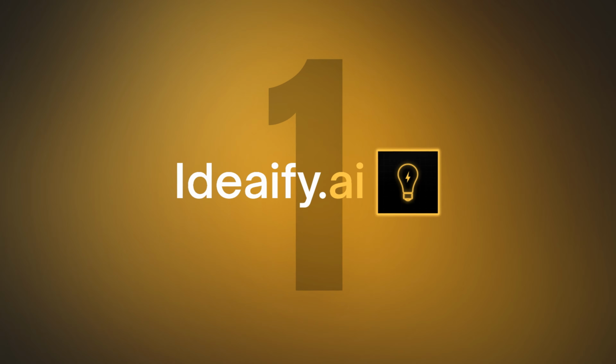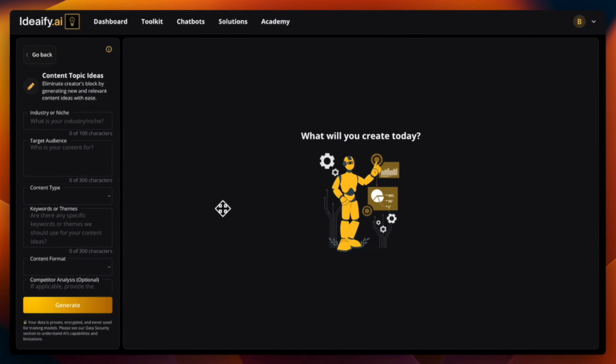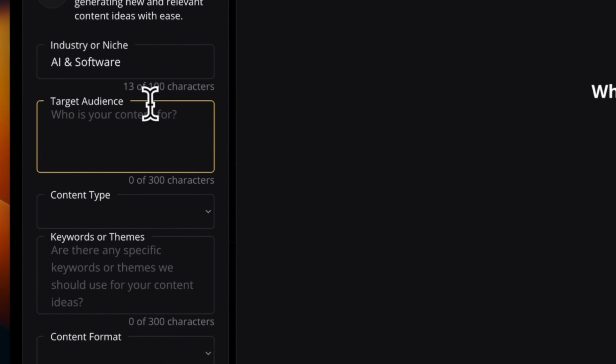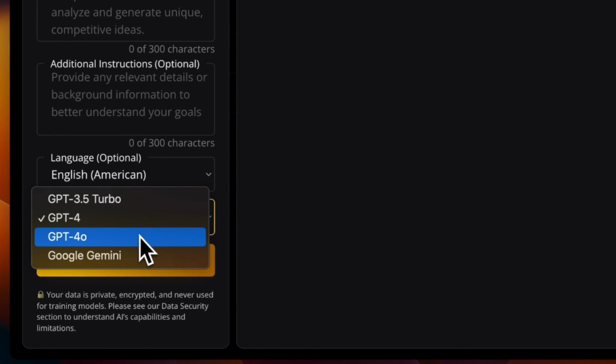Now at number 1, we have Ideaify.ai. Now this is actually an AI tool that I built for myself to create better content faster. Now what I've realized is that AI is really good at generating content, and I use this to create content topics, video scripts, blog articles, and just so much more. And yes, you technically can use ChatGPT to create the content, but what's really cool about Ideaify is that it comes with pre-made prompts. So all you have to do is select a tool, type in the information about your idea or your business for that matter, or the content that you're trying to create, and simply hit generate to